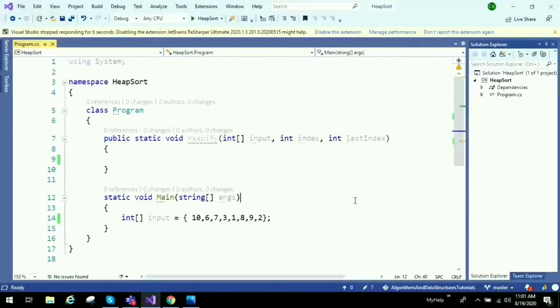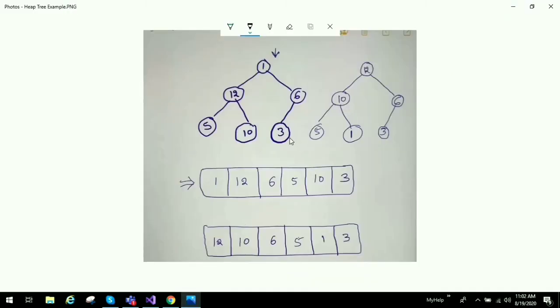Now we will see how to implement heap sort. In heap sort, for the given input we need to construct a heap tree. Then we need to delete each element from the tree. In that way we get elements in sorted order. Previously we have already seen how heapify can be used to construct a heap tree for the given input. In heapify we start from the last node in the tree and we apply heapify on it. Like that we need to apply it on all the elements in the tree from leaf node to root node.